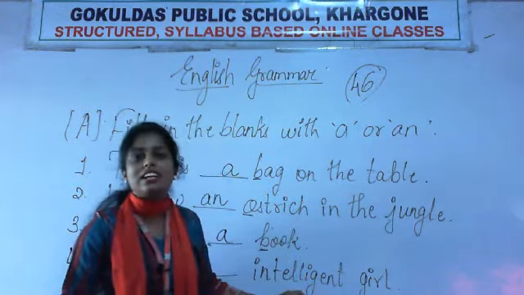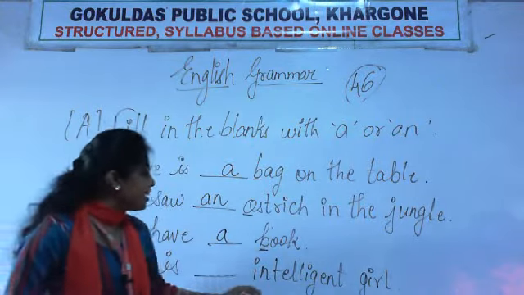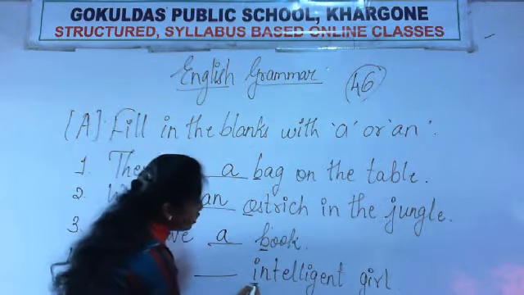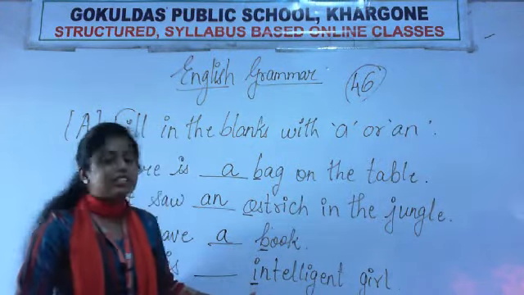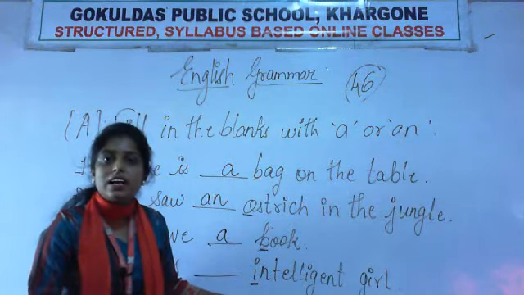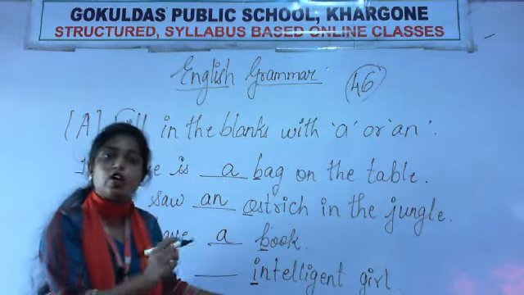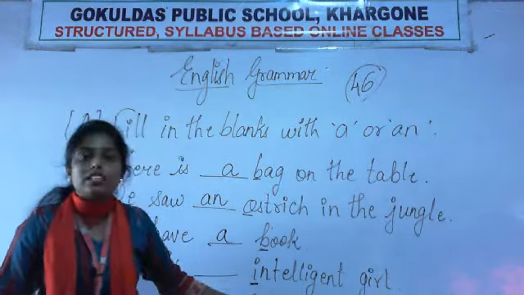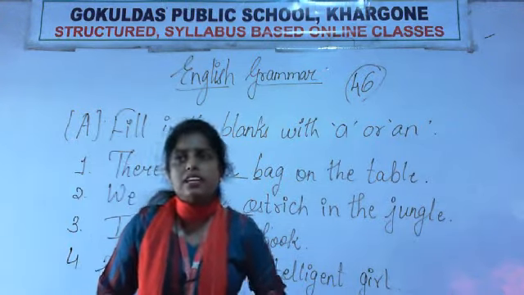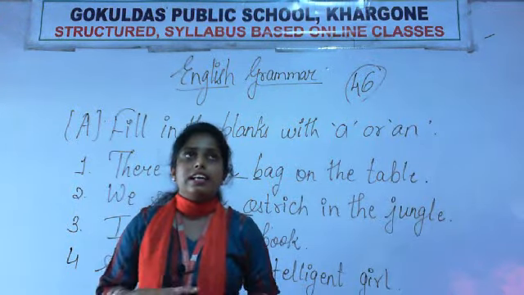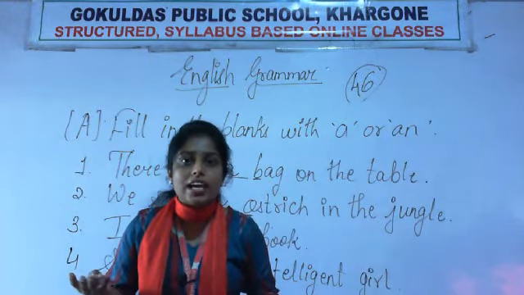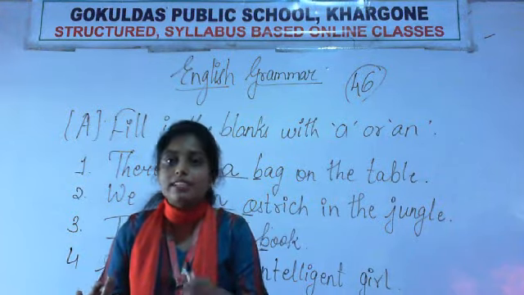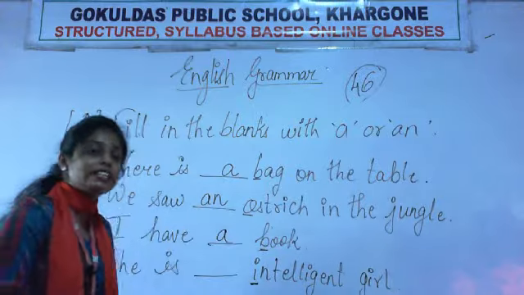It is an adjective. Now let's come back to A and an. She is dash intelligent girl. Now we have to look up this particular letter to figure out whether we have to fill it up with A or an. So I. What is I? It doesn't come under the set of consonants. Let's see. A, E, I, O and U. All these are vowels. I is coming. That means I is a vowel.